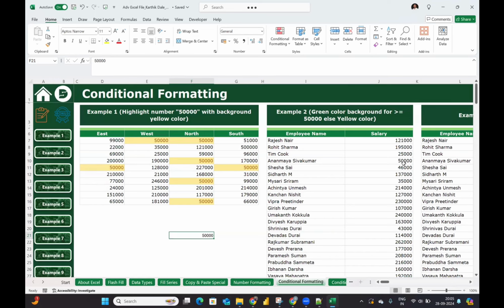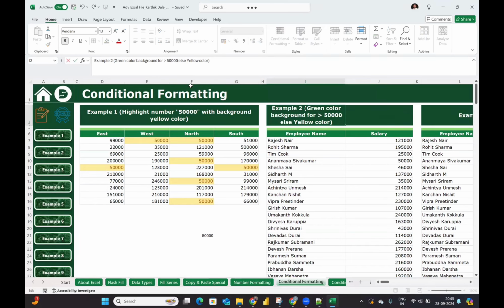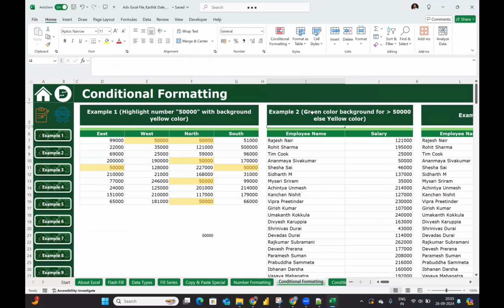So let's see another one. I have the employee names and the salaries here. What I required is apply the background color green. Okay, green color background पर 50,000 से ज्यादा है, greater than 50,000. Else yellow color. Greater than equal to नहीं, खाली greater than ले लेंगे. Okay, don't worry, greater than equal to भी कर सकते हैं, मगर सिंप्लीफाई करने के लिए ग्रीन कलर बैकग्राउंड फॉर ग्रेटर देन 50,000 को, और येलो कलर कौन सा, रेस्ट ऑफ द अदर थिंग्स। अगर ग्रेटर देन 50,000 नहीं है तो येलो, 50,000 से ज्यादा है तो ग्रीन, वो करना है अपन को।